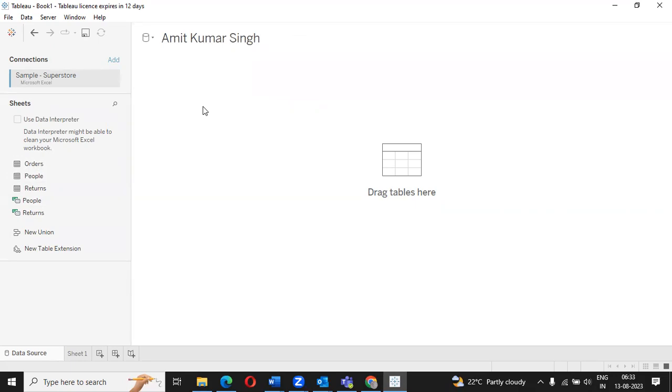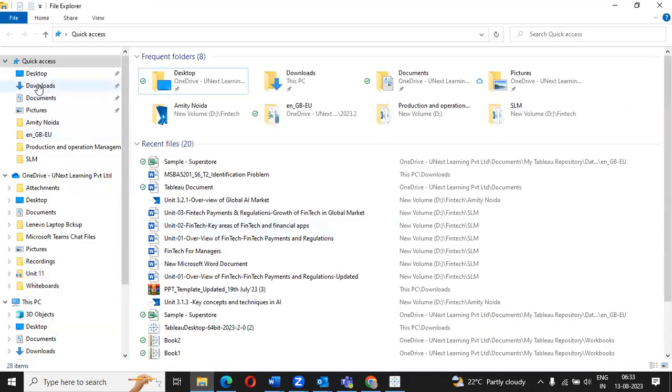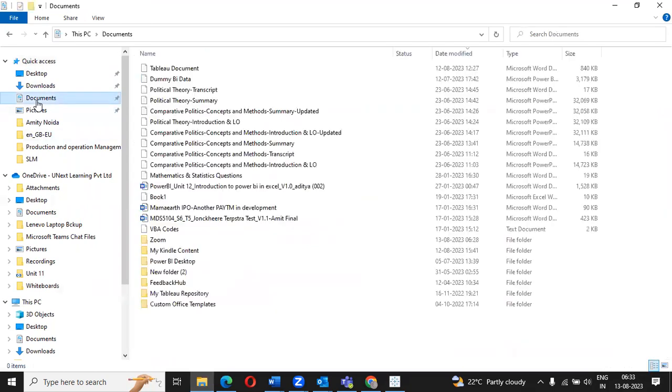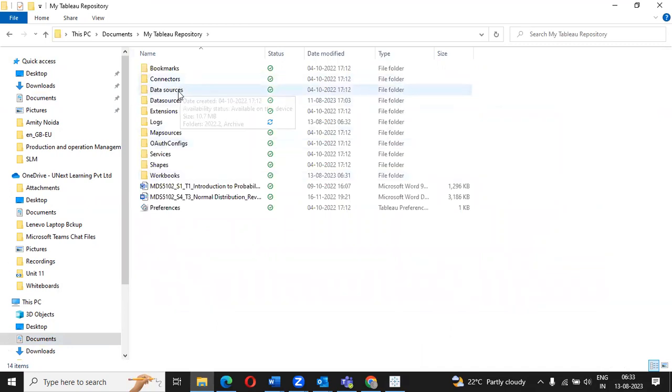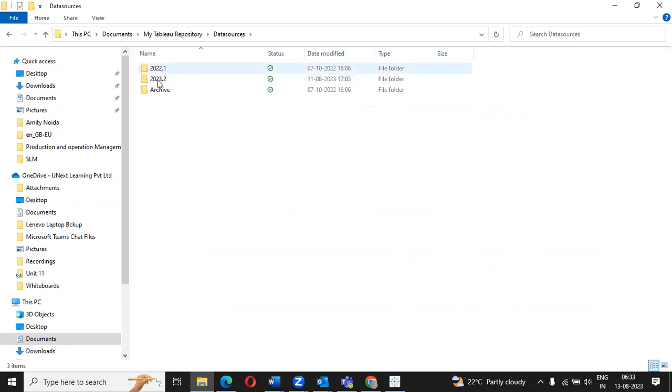That workbook will come by default whenever you install Tableau. In order to navigate to that workbook, you just need to go to Documents. Under Documents, go to My Tableau Repository. There you need to go to Data Source. Okay, go to the Data Source. Under Data Source